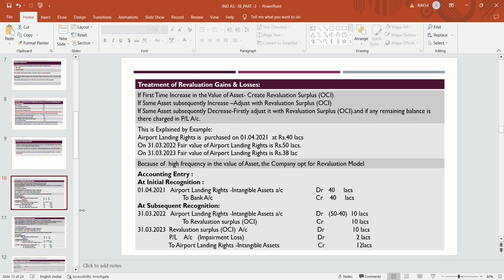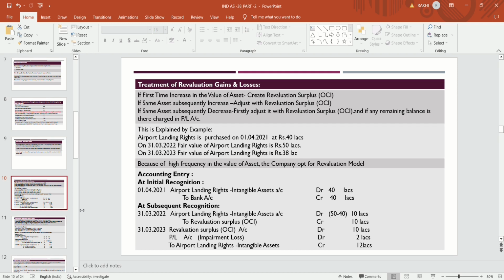Treatment of revaluation gain or loss. If the company is doing revaluation, and any gain or loss is generated due to revaluation, then how the company will treat that gain or loss in the books is guided by this standard. If there is a first-time increase in the value of the asset,